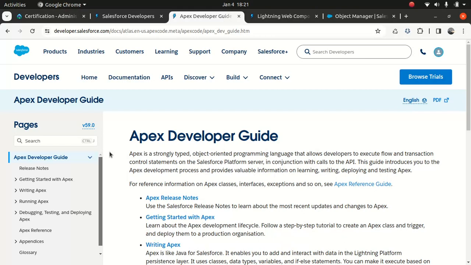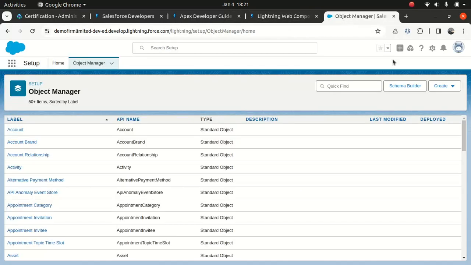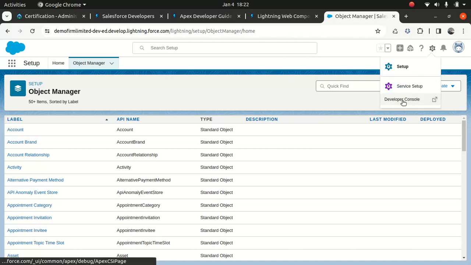So this is from the server side, where querying your table usually happens. I'll show you just an example of how it works. So the way you can start the development: if you don't have Visual Studio Code, don't worry about it. You can still do the development using a browser, especially from an Apex perspective. So you go here, and you go to Developer Console.